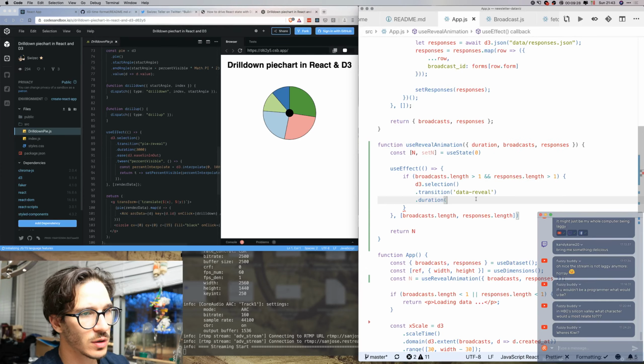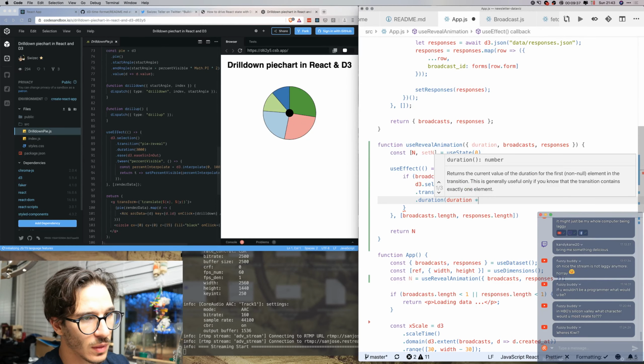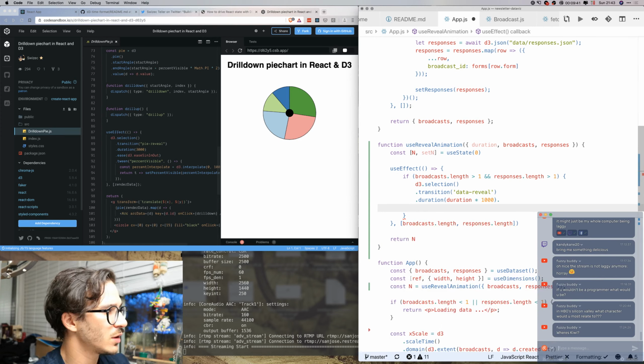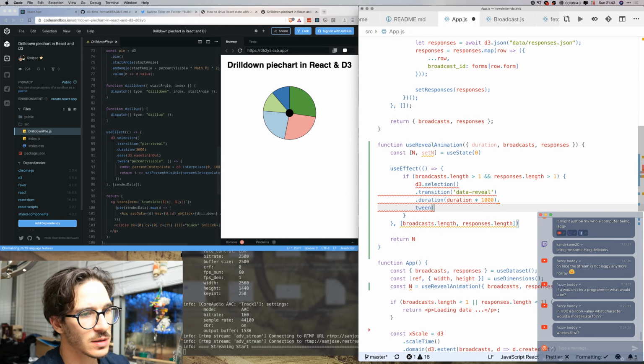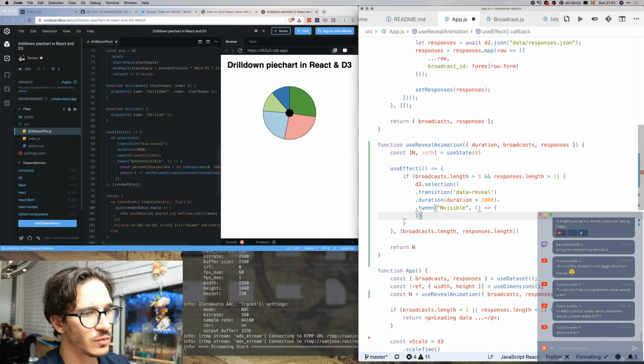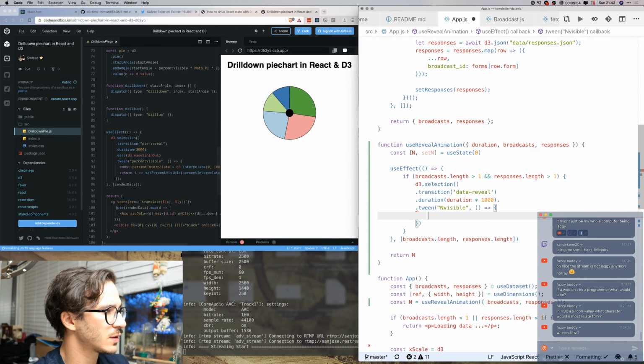So we're gonna say duration is duration times 1000, because we need to use milliseconds. Then we run a tween that is called percent visible,